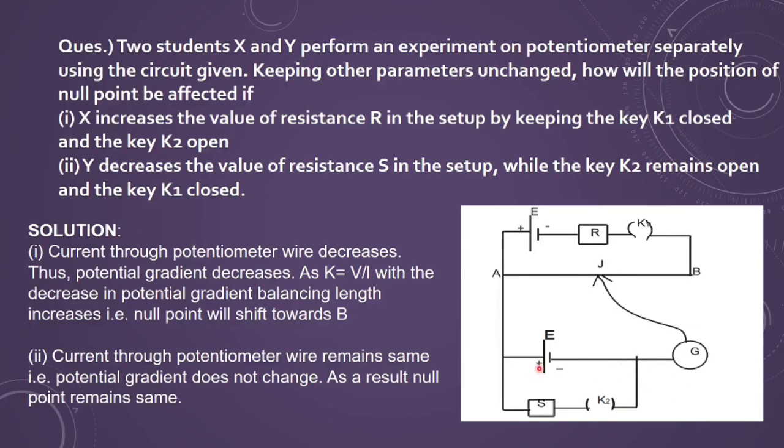Because current is not passing through this point, and he has not made any change in this resistance, not moved the rheostat or changed the resistance here. We can even put a resistance box to give you various values of resistances. You have to read the question carefully, and then it means there will be no change in the null position. It will remain at the same point.